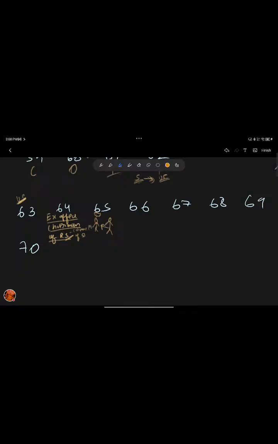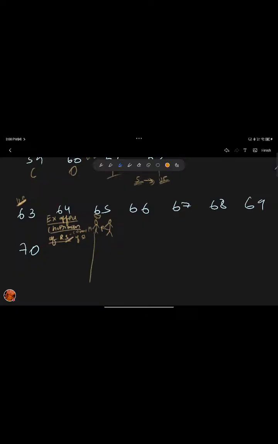Okay, so 65 has a long history, I would say. So let me just revise. 63 is vice president, 64 is ex officio chairman, power of the vice president, that he could be the chairman of the Rajya Sabha, Council of State. Then 65 talks about the vice president becoming the president if president goes out or dies or anything happens to him. And so the chairman position gets vacant because a president cannot be a chairman or ex officio chairman.